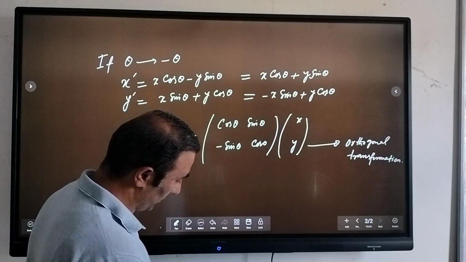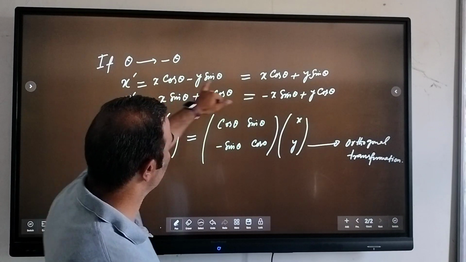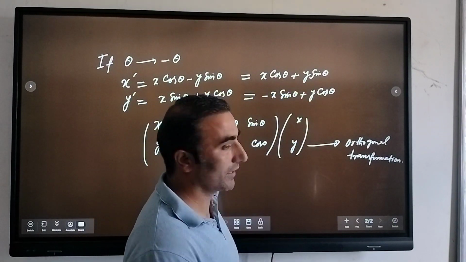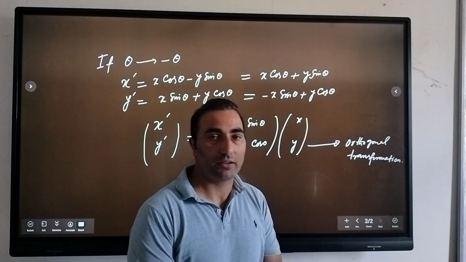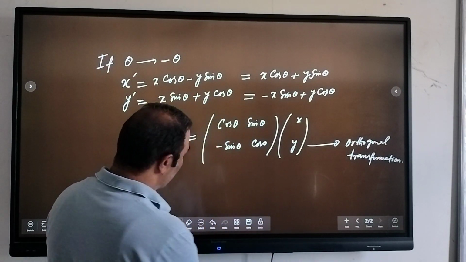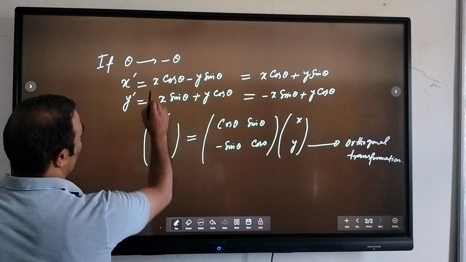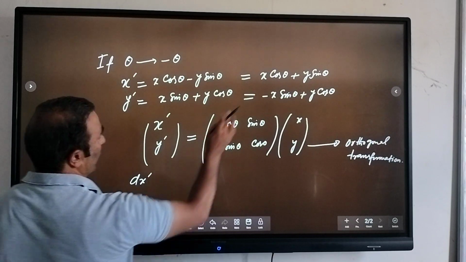Now let us calculate. We have x prime equal to x cos theta plus y sin theta. If you see the variation with respect to the space coordinate, what is our dx prime from here? If I differentiate this equation, dx prime is equal to